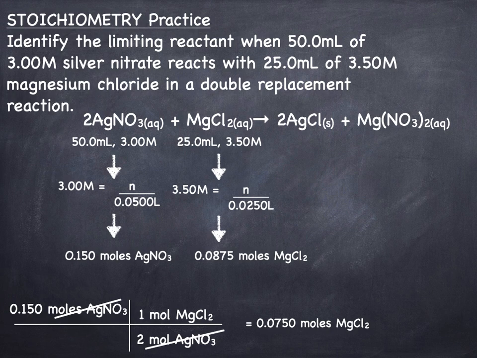And so you have to ask yourself the question, do I have enough magnesium chloride? And it turns out you have more than enough. You only need 0.075, you have 0.0875. So that means magnesium chloride is in excess, and silver nitrate is our limiting reagent. If we had started with the magnesium chloride, we would have expected that number to come out more than 0.150, which would tell us that we won't have enough silver nitrate. So it doesn't matter which reactant you start with, you're going to end up identifying silver nitrate as the limiting